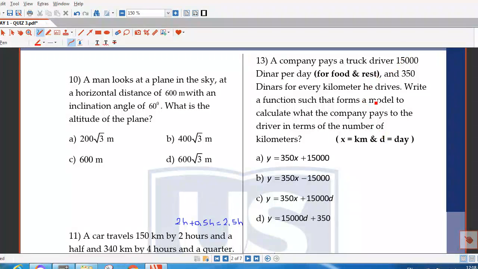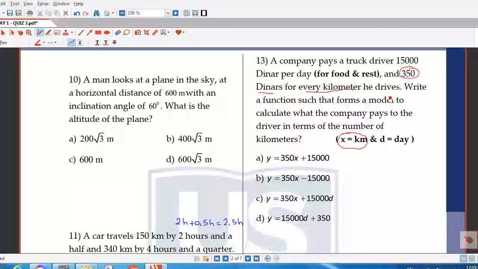Here we are going to calculate the daily payment for the driver. Since 350 will be the payment for every kilometer, and kilometer in our problem will be used by x,